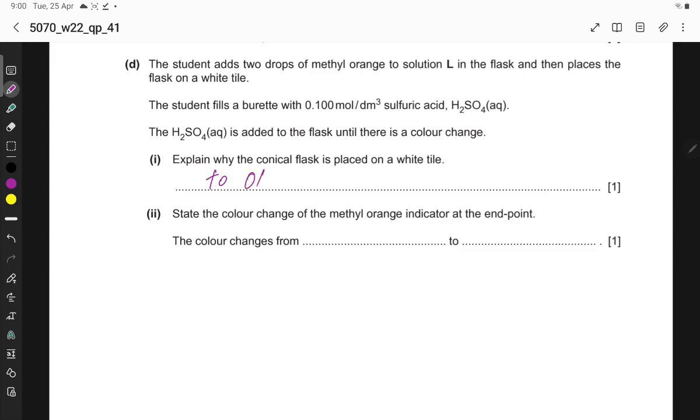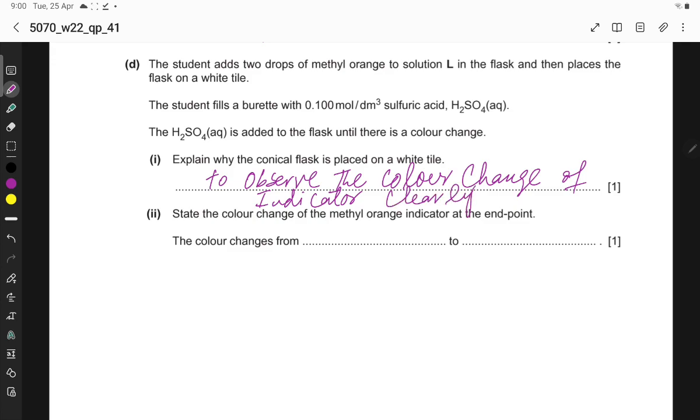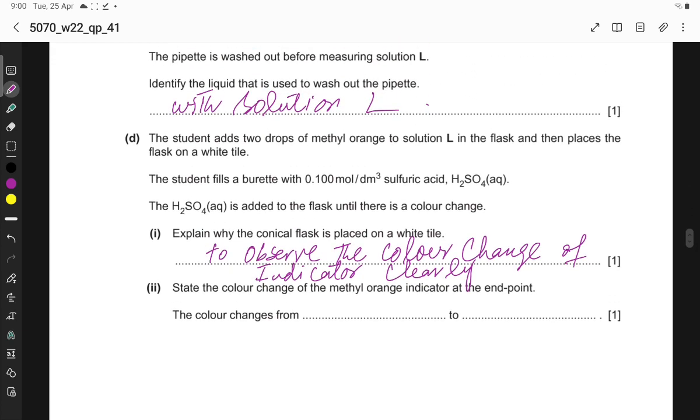To observe the color change of the indicators clearly. State the color change of the methyl orange indicator at the end point. The color changes from yellow to red